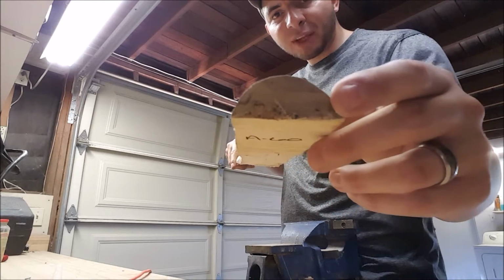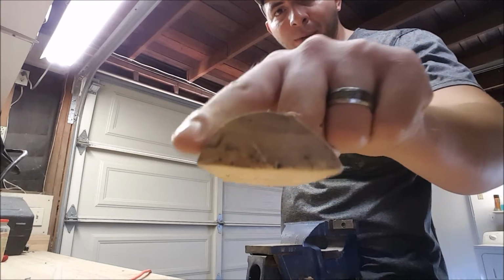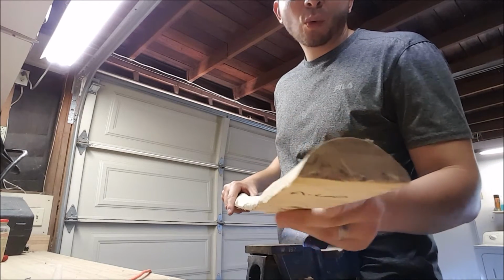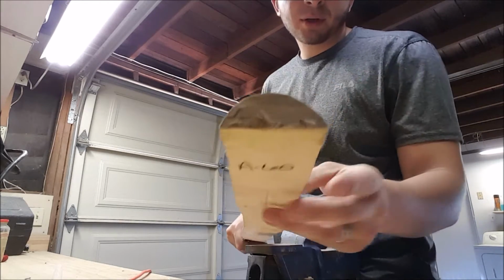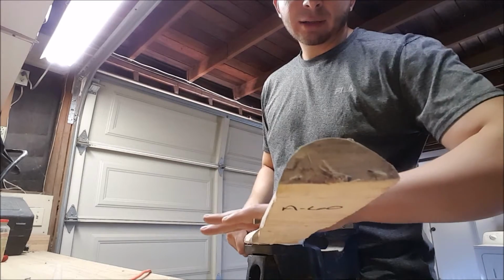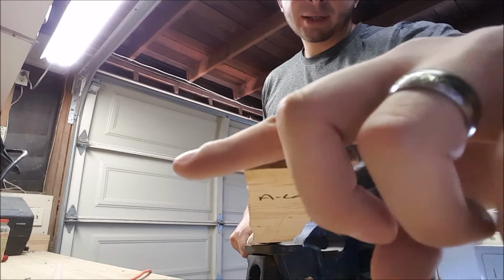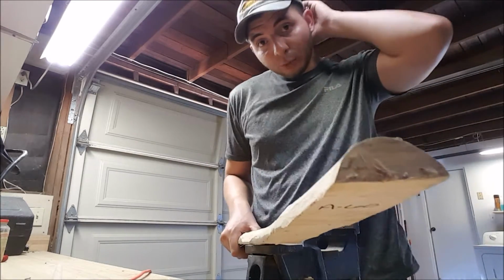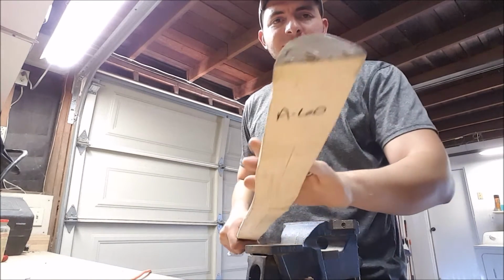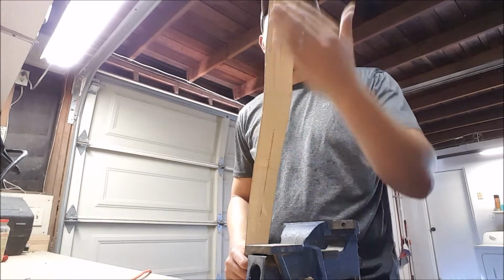When you have a crown to your stave, it means that it's from a low diameter tree, and this is the crown. When you have this type of situation, you pretty much have one option: you need to flatten or decrown it. So instead of taking wood from here, since it's already been cut from the middle, I'm going to plane this